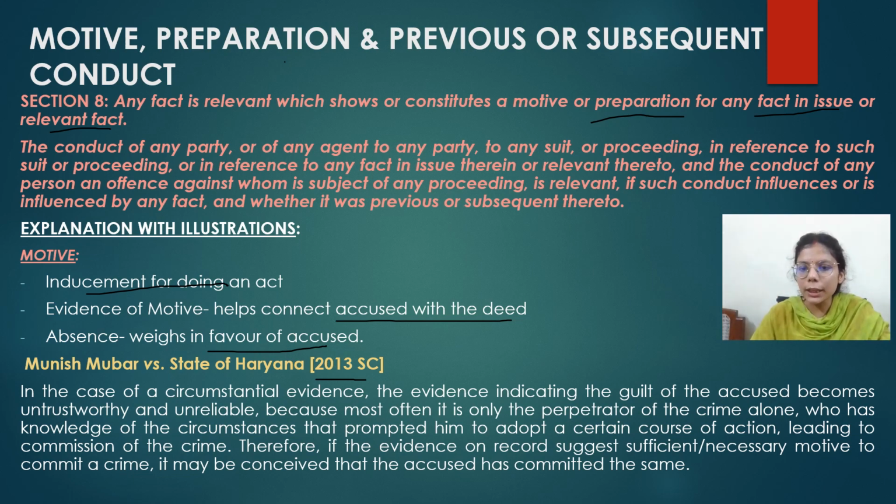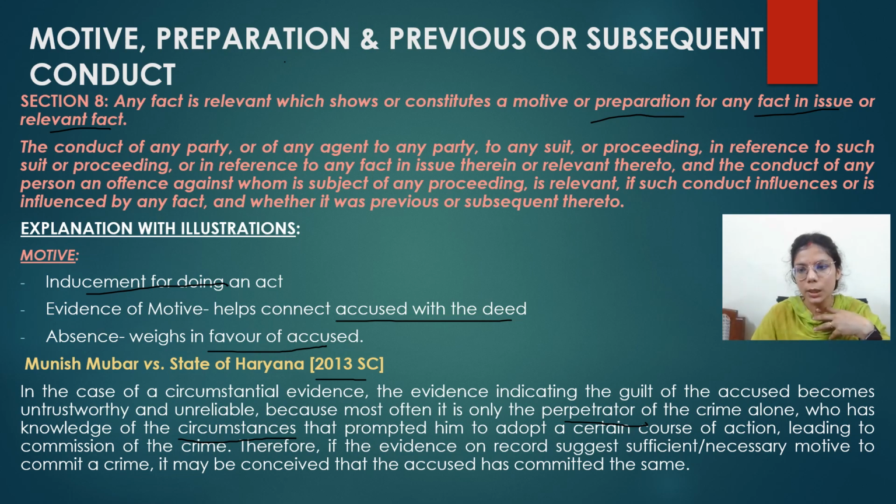It is only the perpetrator of the crime who has knowledge of the actual circumstances under which he committed the crime. He is actually aware of the motive behind committing an act. So if evidence on record actually suggests those circumstances, they would be considered as a relevant